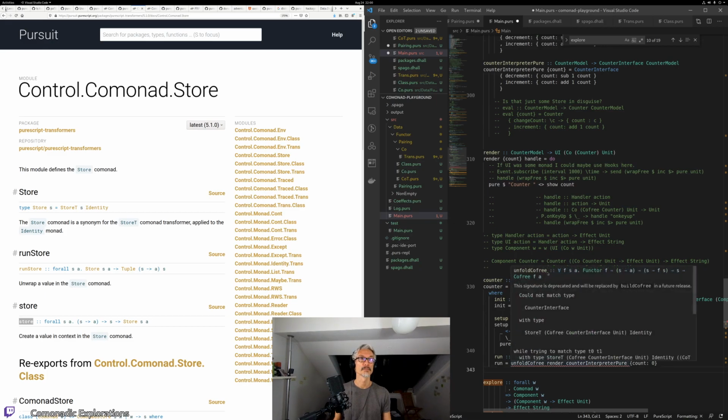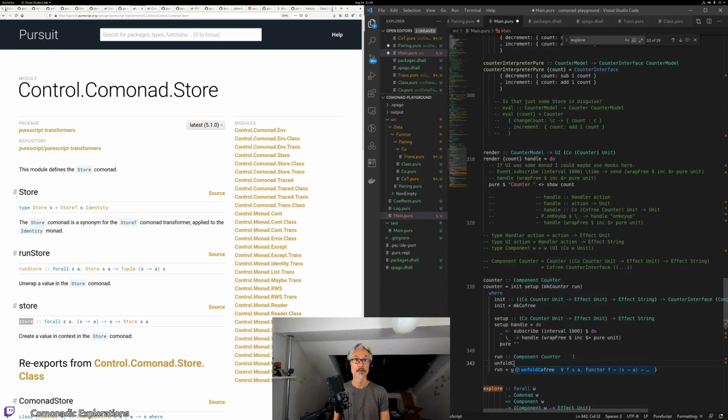And for CoFree, as this type. And now I'm saying we have an S2A and an S. It's just the S2FS that's going to allow us to construct our CoFree FA, but